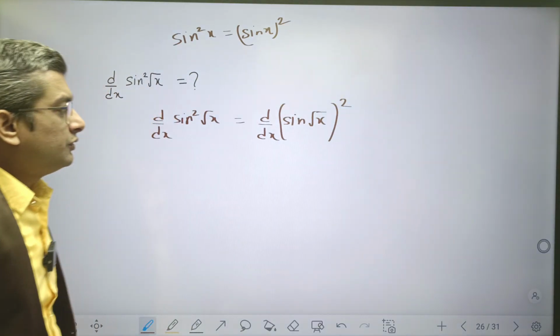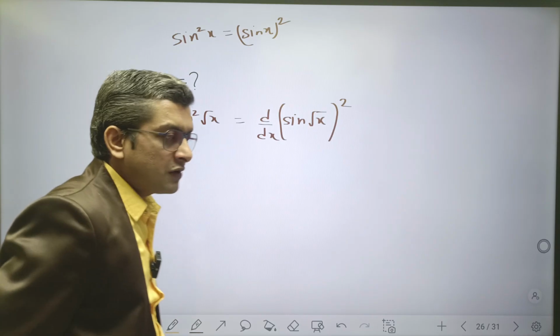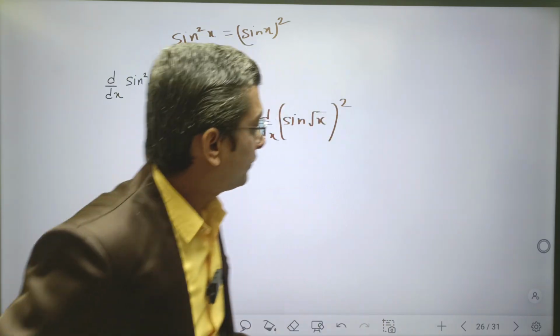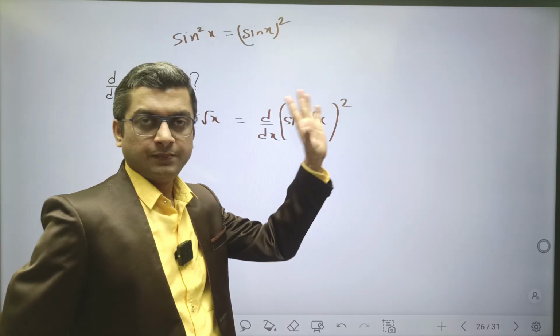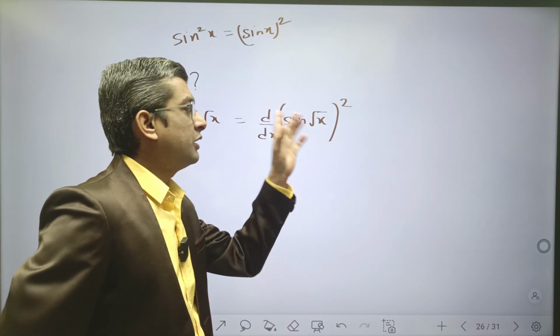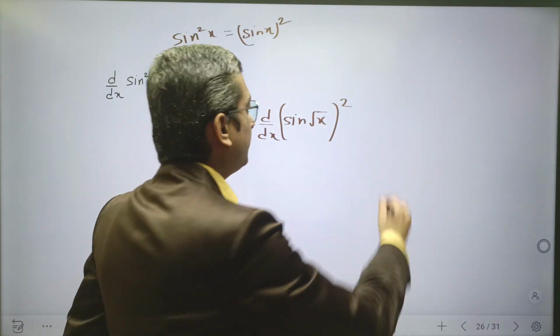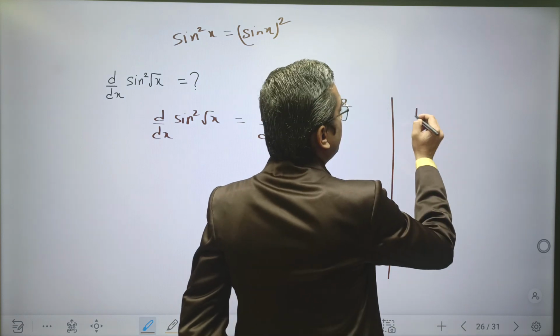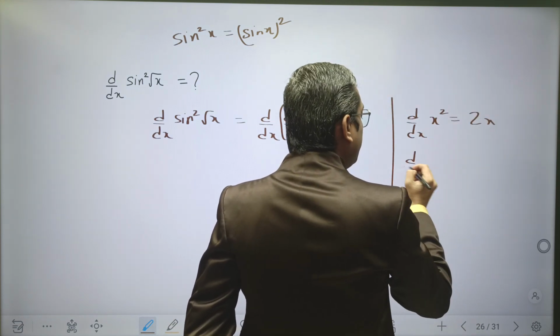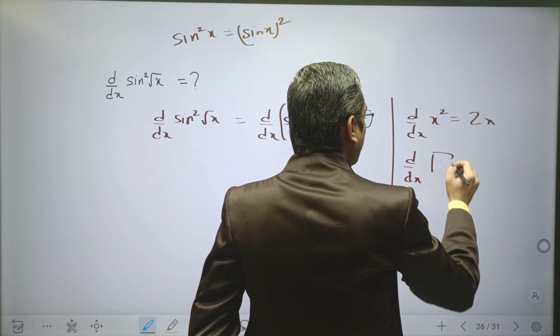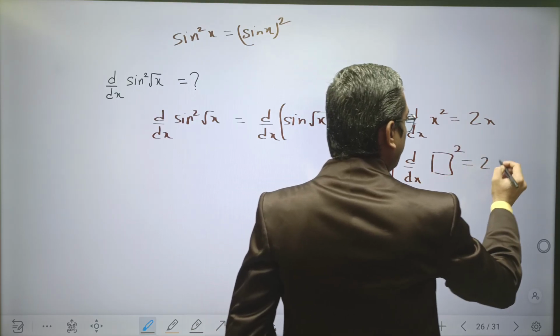Now as you can see, this is the case of function of function of function. How many functions are you able to see here? First of all, there is bracket function, square function. Second is sine function, and the third one is root function. So step by step we are solving. So d by dx of x square is 2x. It means that d by dx of whatever in this box is square, it will be 2 into that box,